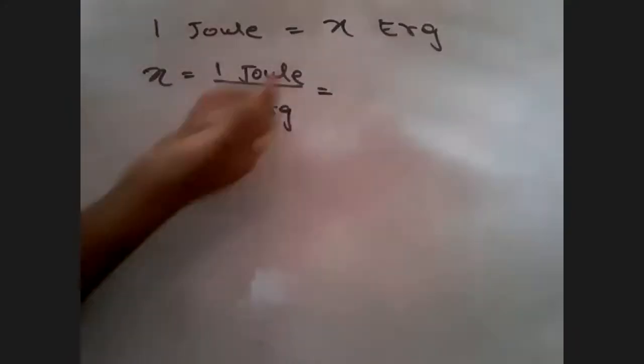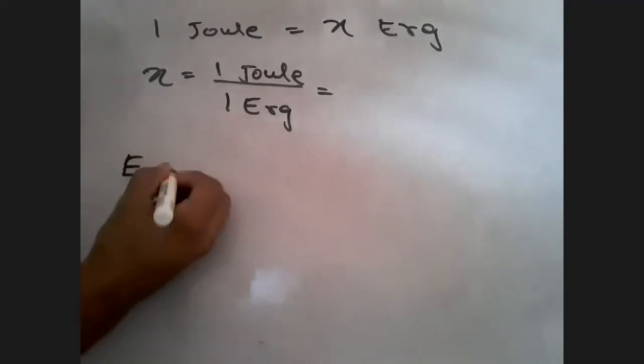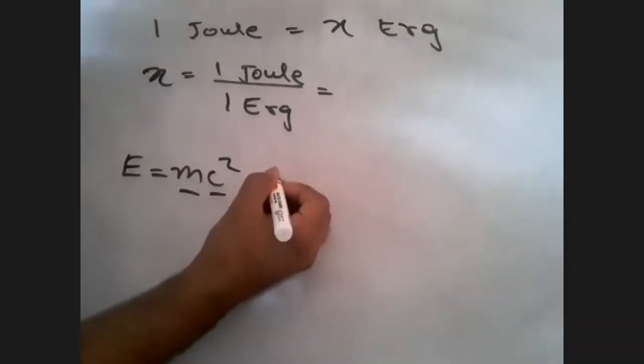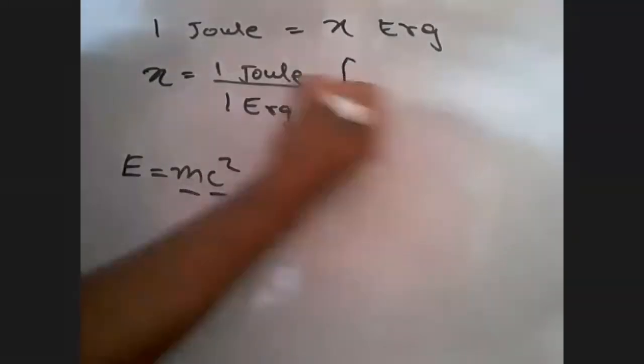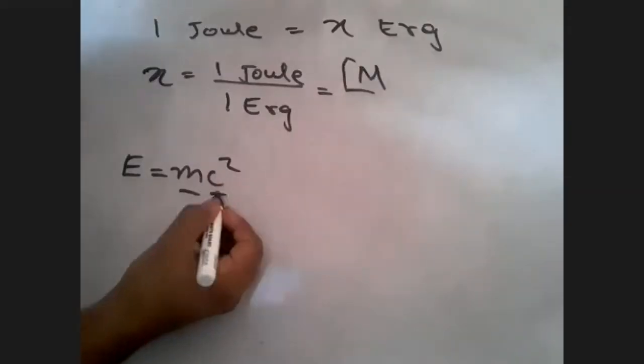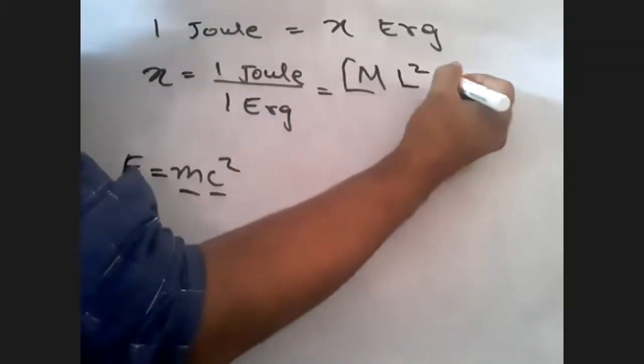And we know that joule is the unit of which term, students? What is measured in joules? What are we measuring in joules? Energy. So you can use any formula: E is equal to mc square, or whatever you want. If you get E is equal to mc square, you know that this is of course mass and this is velocity. So the dimension of joule will be M1, and the velocity will be displacement upon time, and it's the square of that, so it will be L square T minus 2, isn't it?